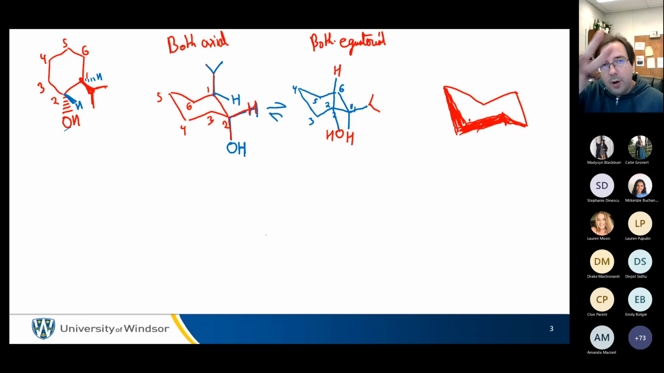So yeah, there's only ever two possible chairs for a six-membered ring. Yeah, like what I've done here is I've actually flipped the chair. Like if you get out your model kit,